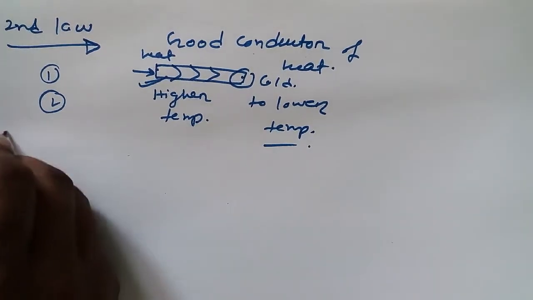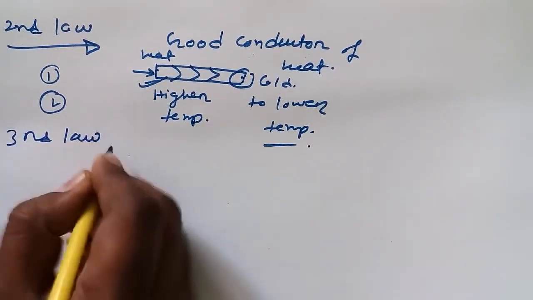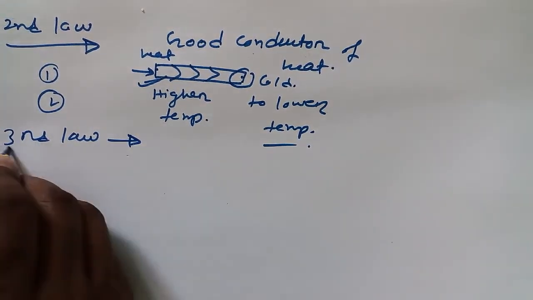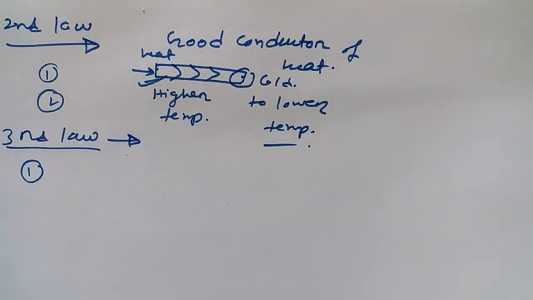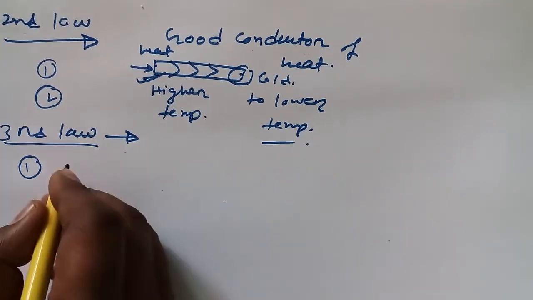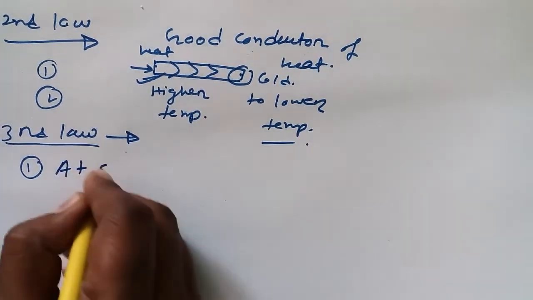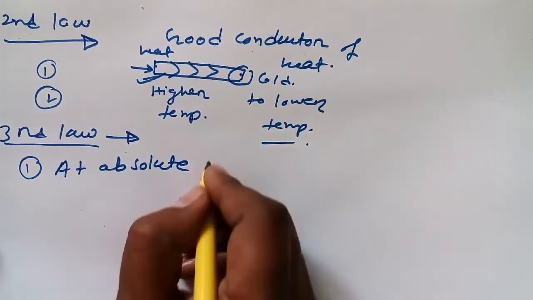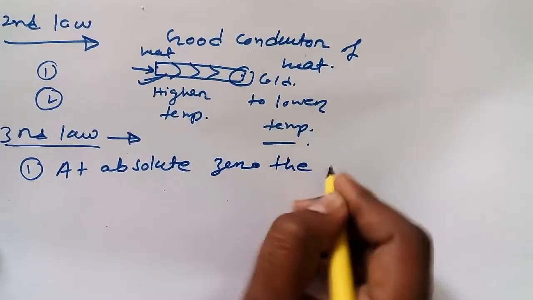Now let's move to the third law. What is the third law basically? The third law is a definition that is universal. If you are studying in 12th class, we are going to study that same definition in BTech also, I mean, in Bachelor of Technology, that is engineering. So in the third law, what we study at absolute zero, here I'm going to discuss an important concept with you. At absolute zero, the entropy